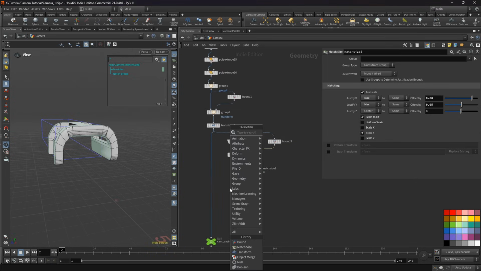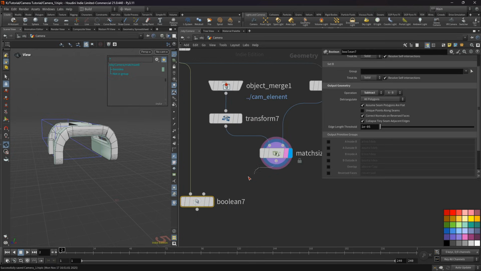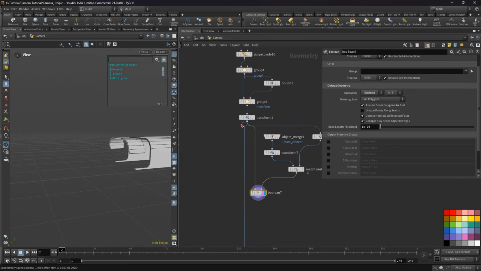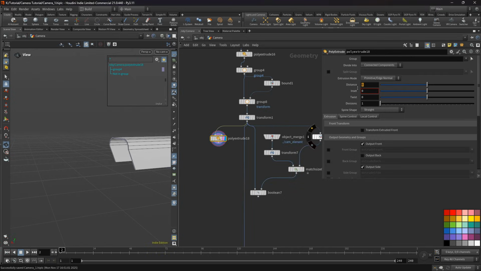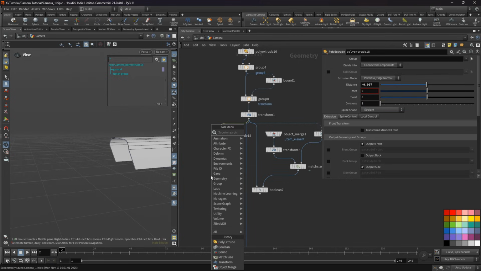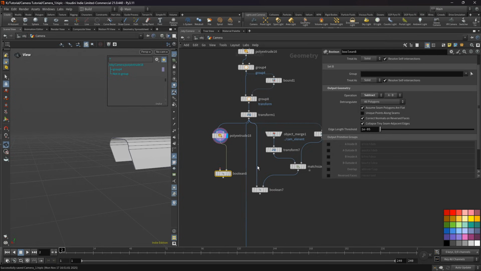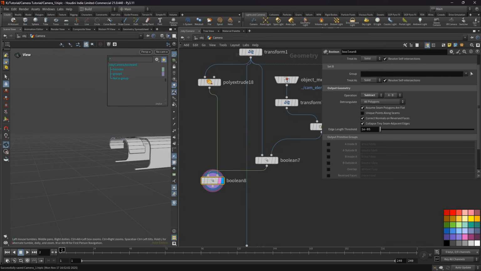Now let's add the Boolean node. In the first input we'll connect our transform node, and in the second let's connect the MatchSize. So we have this element. Next let's add more details. From transform let's add the PolyExtrude. We'll set the distance to minus 0.007. We'll add the Boolean. In the first input we'll connect our Boolean node, and here we'll set subtract B from